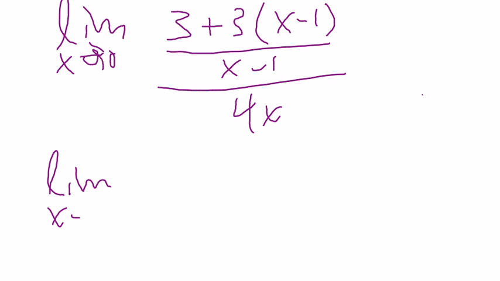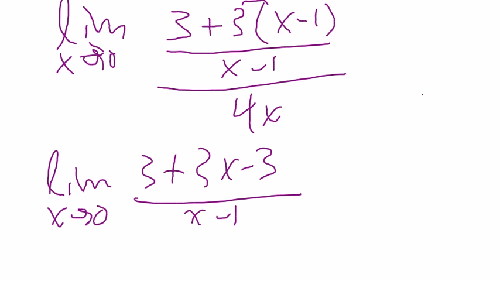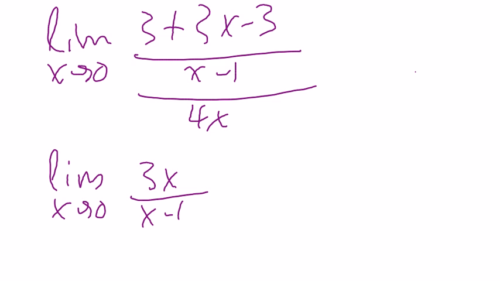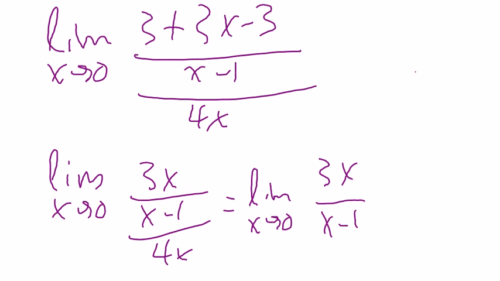Get the limit as x goes to 0 of 3 plus 3x minus 3 by distributing that 3 over x minus 1, all over 4x, which I can then simplify to the limit as x goes to 0 of 3x over x minus 1, all of that over 4x. Well, the beauty of dividing by 4x is the same as multiplying by the reciprocal. So I can rewrite this as limit as x goes to 0, 3x over x minus 1 times 1 over